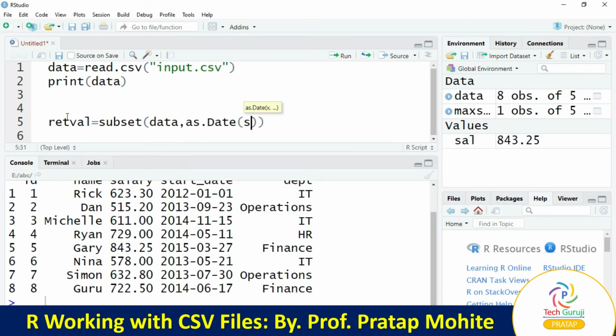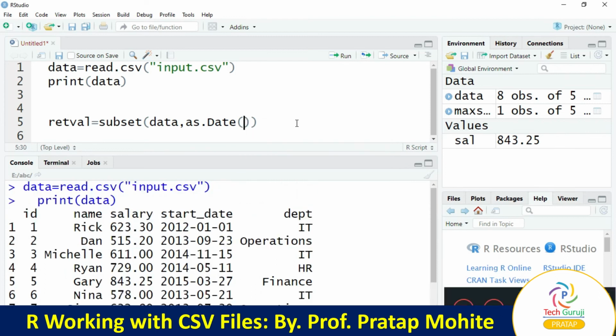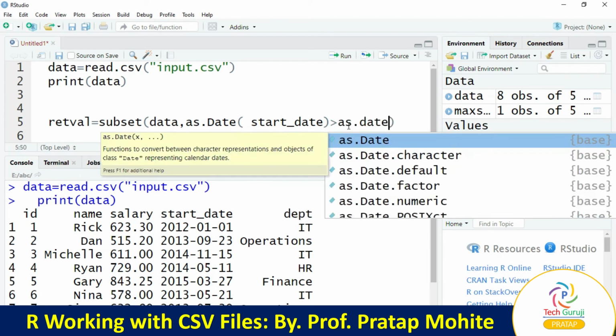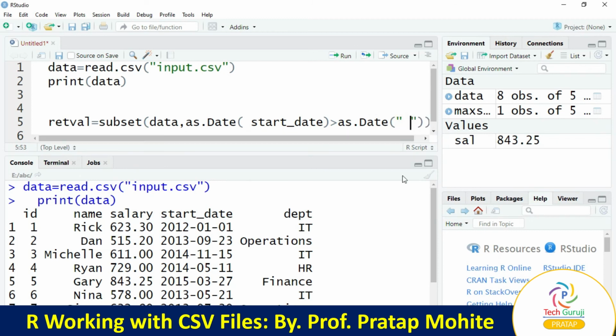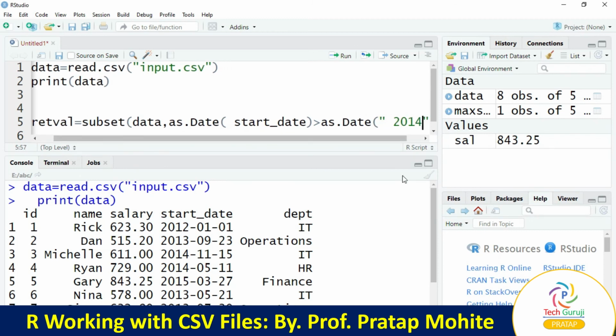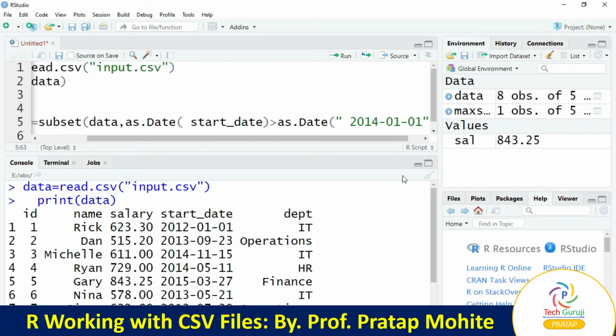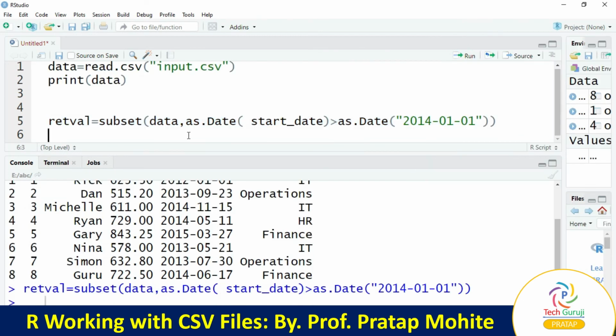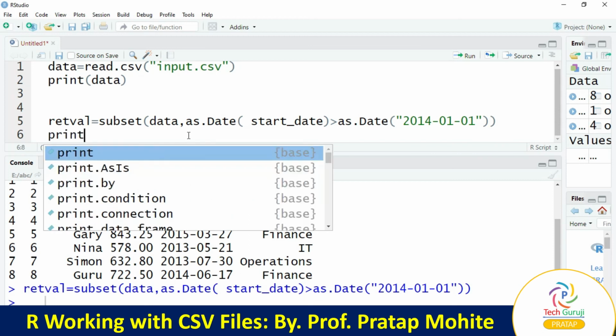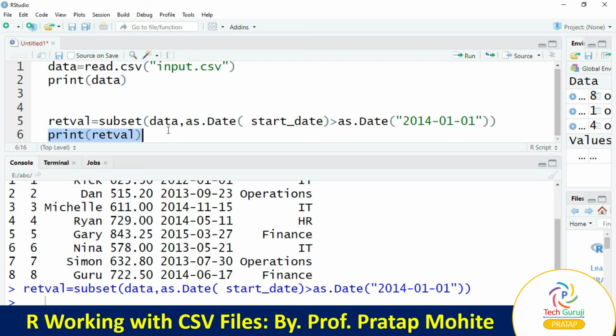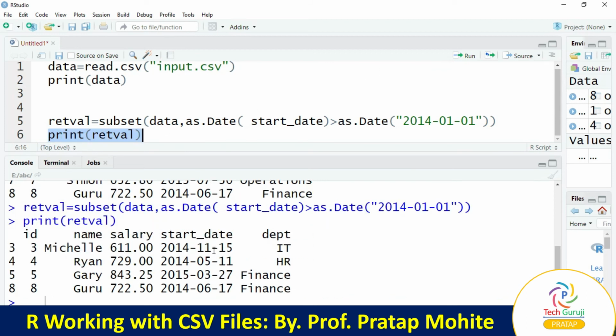So we'll use start date greater than as.date in double quotes 2014-01-01, which is the date format we are using. Now we'll select and we'll use run. So it will take all the records which have a start date above 1/1/2014. Now we'll print the rate val. We'll check which records are available with the rate val. So it gives 4 records.